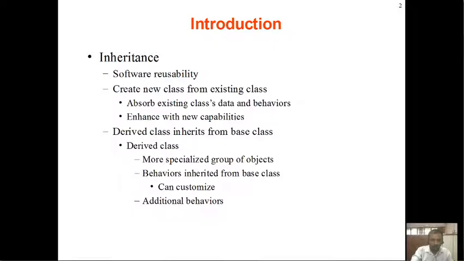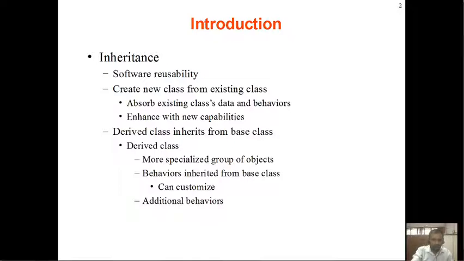Now when we are achieving this, basically we absorb existing class data and behaviors, and not only can we absorb existing data and behaviors, the new class called the derived class can also add its own capabilities, so it can be enhanced with new capabilities, right?